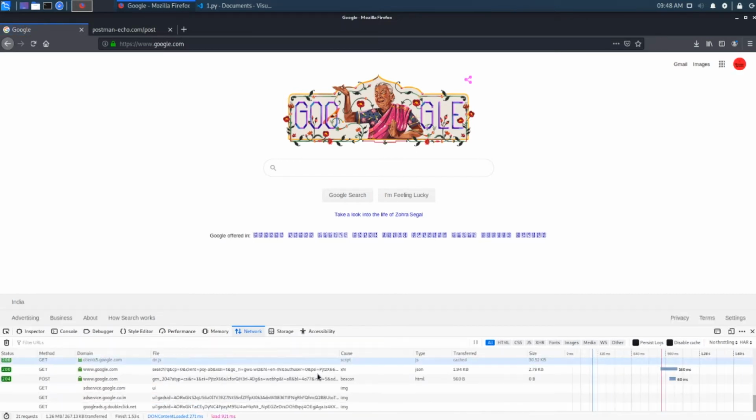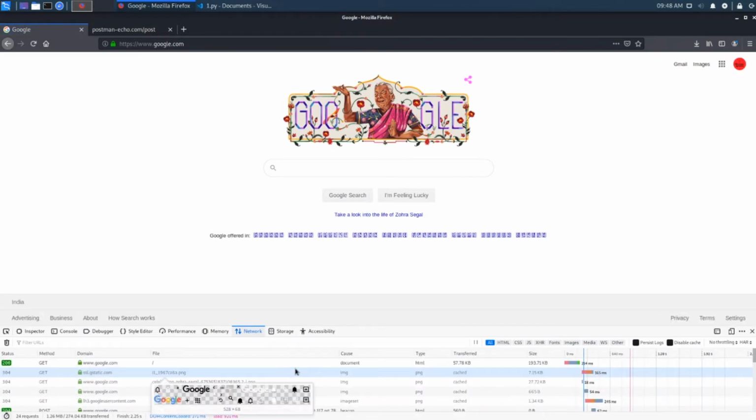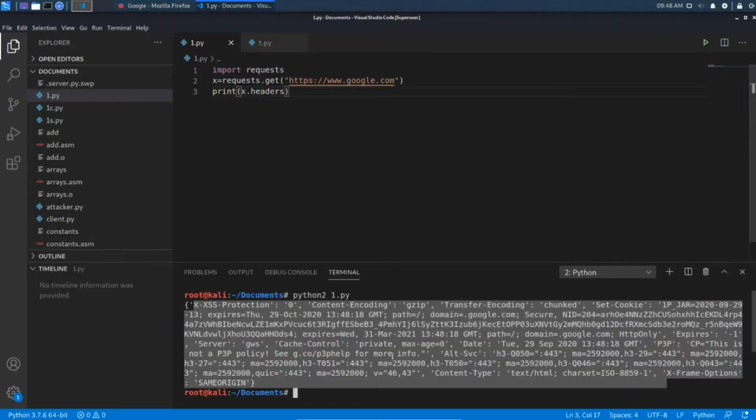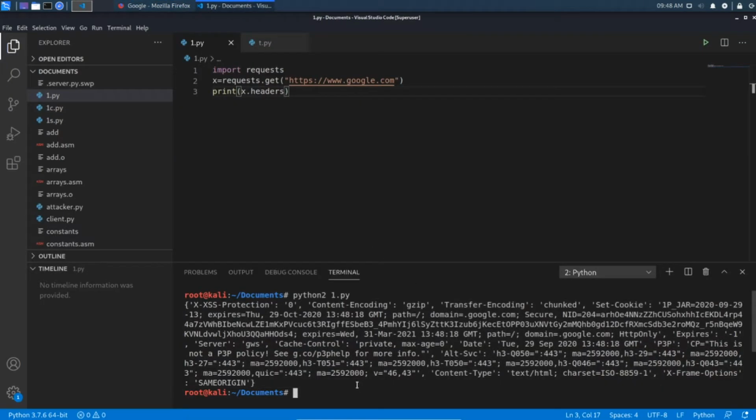If you click on network, then you will get these headers, and you can cross check the headers with it. Every time Google refreshes the page, we can get different headers.